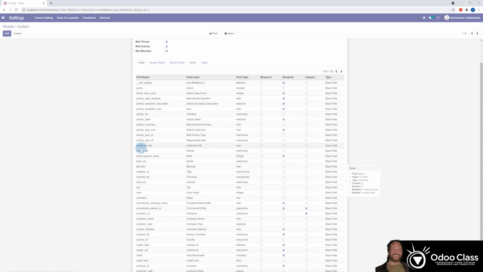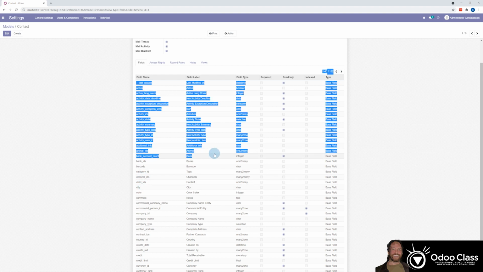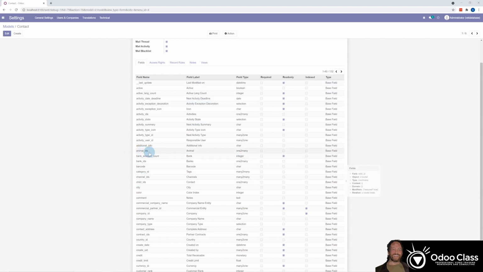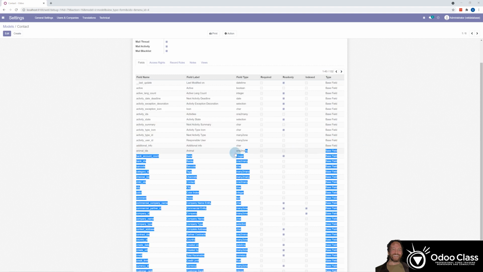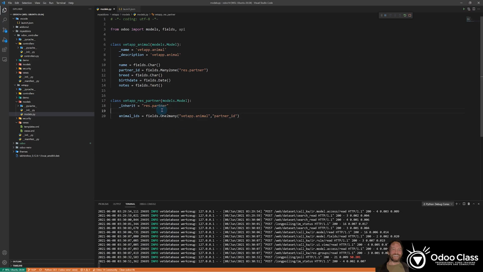So if we look, animal IDs right here, we can see that there's our One2many animal IDs that just got defined and inserted in here along with all these other fields. But the beauty of the Odoo framework should be obvious here. In literally 3 lines of code, which a lot of times you wouldn't even count the class definition as a line of code, this is able to use the power of the framework to add that field, and we're able to use it. And so now the question becomes, how can we use view inheritance to see this field